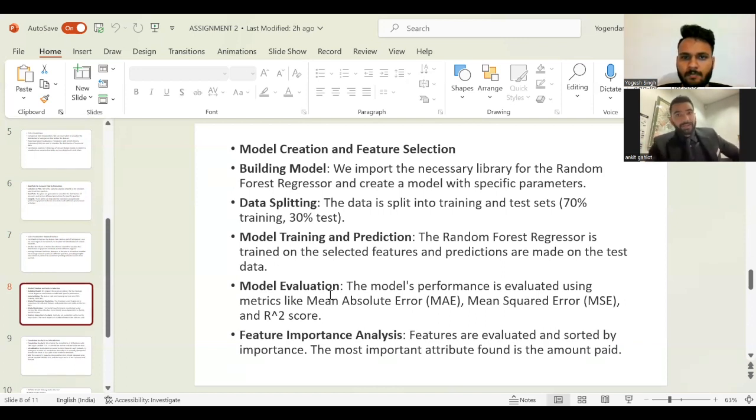Next is model creation and feature selection. Talking about model creation and feature selection, there are a few things that come under it: building the model, data splitting, model training and prediction, model evaluation, and feature importance analysis. Model evaluation is evaluating the model's performance using metrics like mean absolute error, mean squared error, and